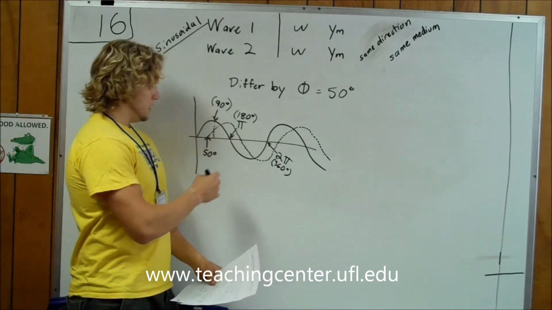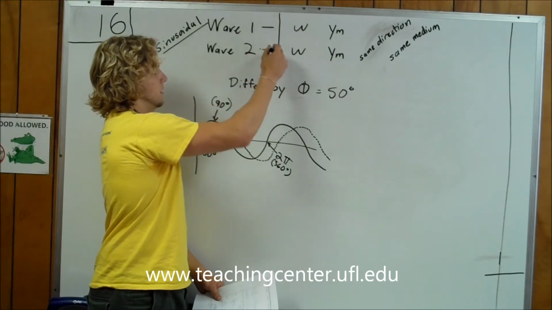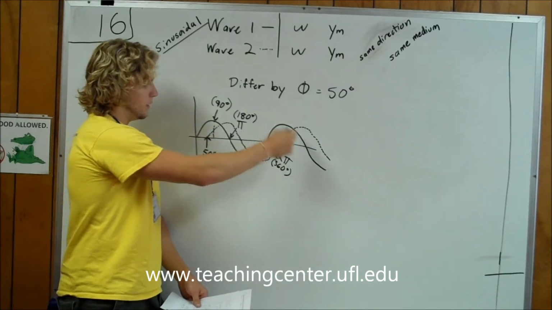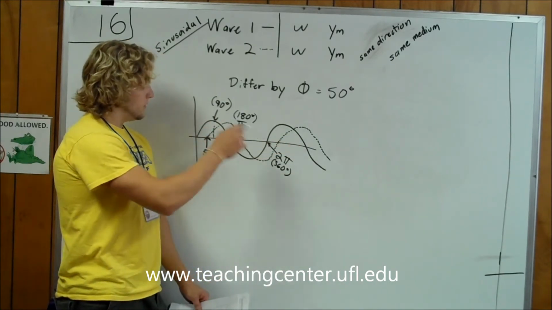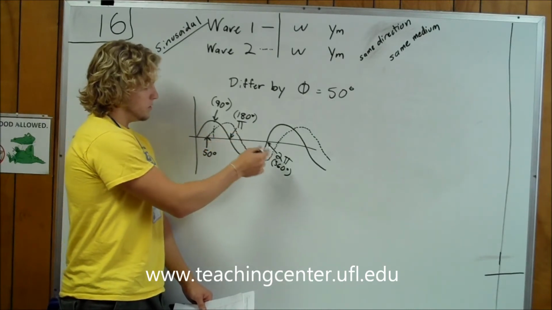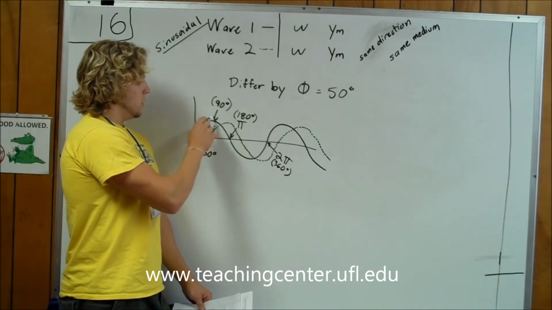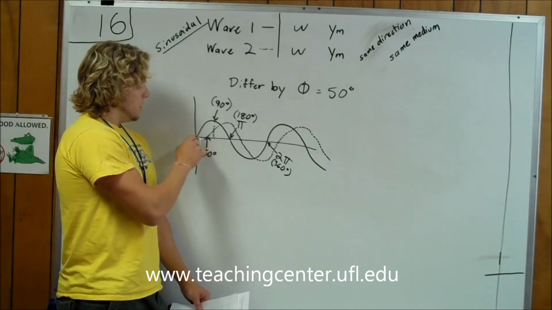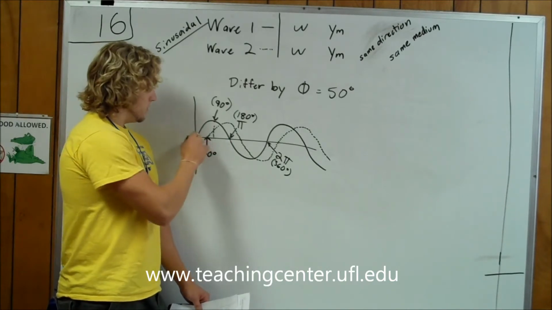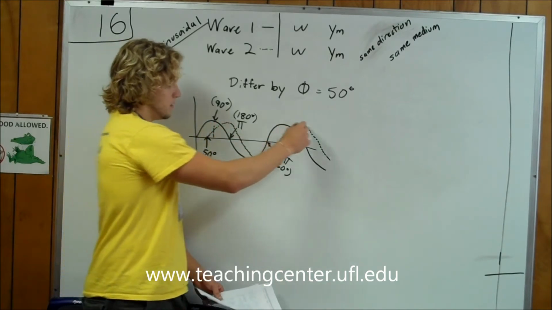Visually, this is what it means. We have wave 1. Wave 1 is the solid line, wave 2 is the dotted line. So wave 1 is going like a regular sinusoidal wave. Here is pi, and here's 2 pi. 180 degrees, 360. Here's 90 degrees. So 50 degrees is just over halfway to 90 degrees. So if wave 1 starts here, wave 2 starts here, and as you see, it